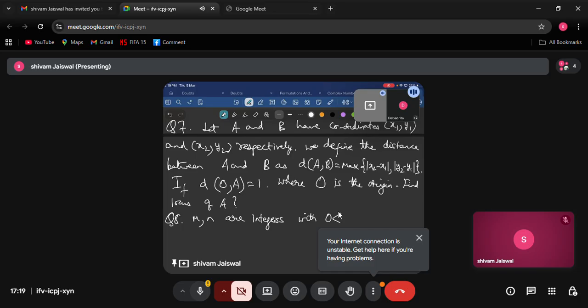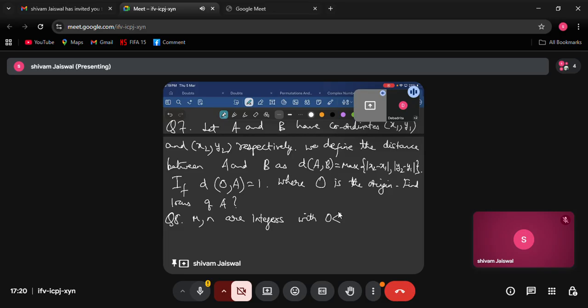Take the point M comma n on the Cartesian plane. Is the reflection of A in the line